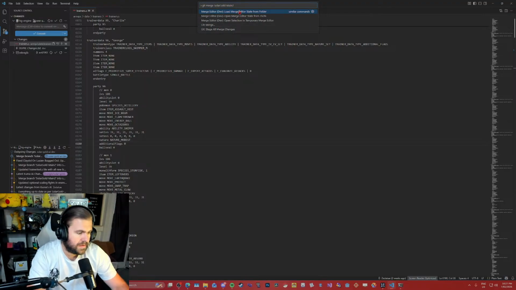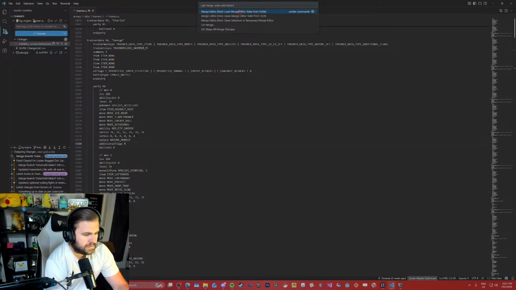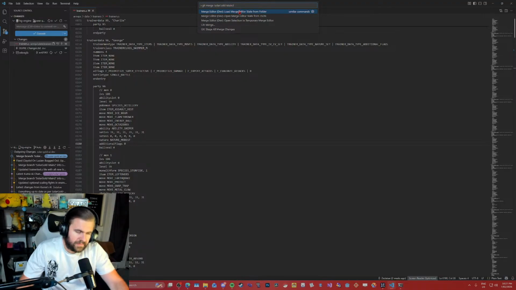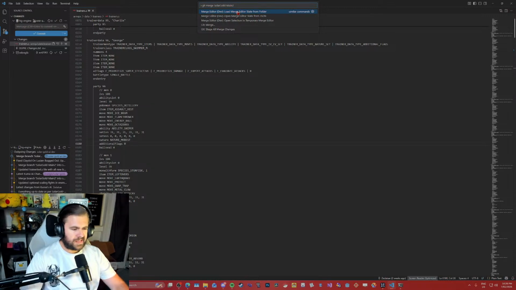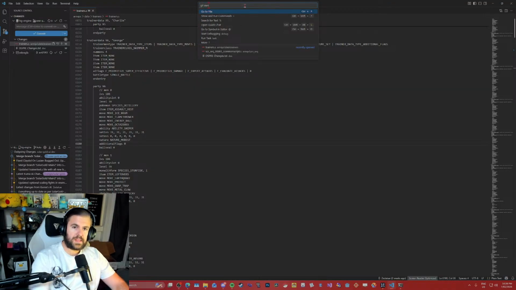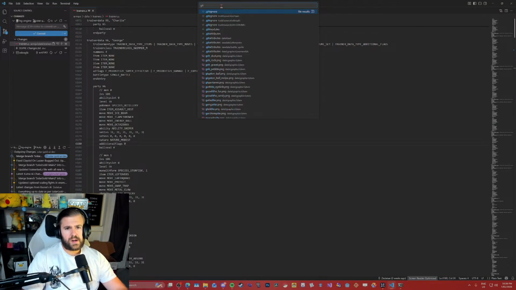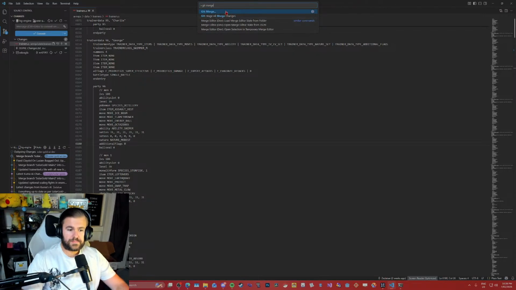I can use this. But that's the thing, WSL is where I make stuff as well. I got to use that command to make my game because I have to make my ROM, and it basically pulls everything out of HeartGold engine and creates a new game by overriding the ROM that's in that folder at the time. Or I wouldn't say it merges it, but it creates the game, whatever you want to call it. So you're just saying if I type in git merge, or go into here and just go git merge. Stage or merge changes. So if we just click git merge, what's that going to do?